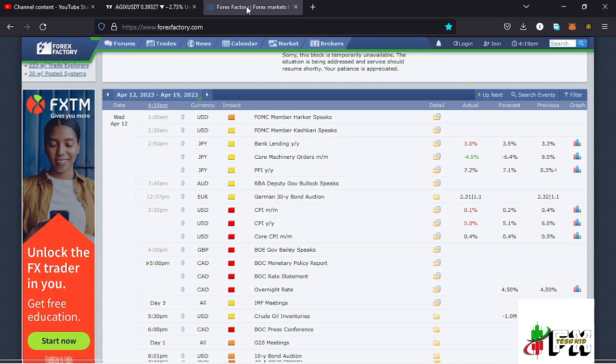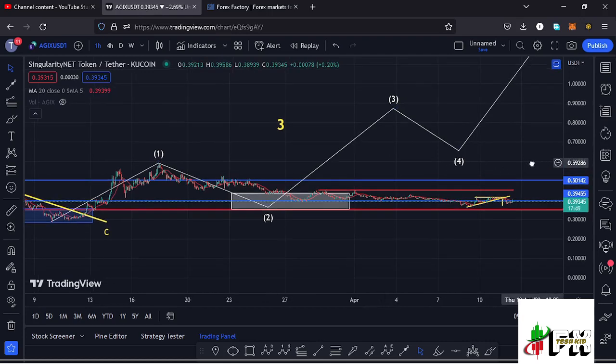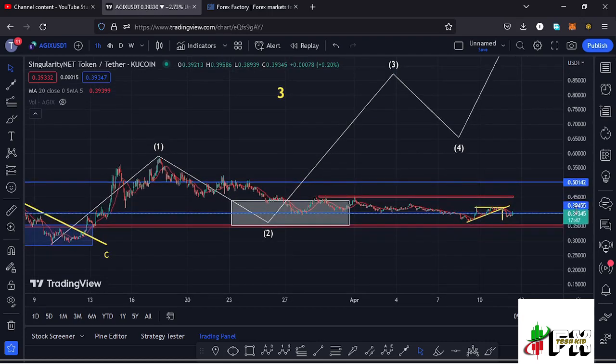Allow me to first get to the Forex factory to show you the reason as to why we are seeing a bit of an increase in volatility in the market, where I said to you in my previous video that today I'm expecting the CPI data, which has now come out at 5%, which is lower than the forecast that we expected, and that is now bullish for the market. And that's the reason as to why we are seeing a bit of an increase in the buying momentum in the market, because the CPI has given the market a bit of a positive impact, and there are high chances that we are going to continue unlocking higher prices and fully maximize our target areas in the formation of